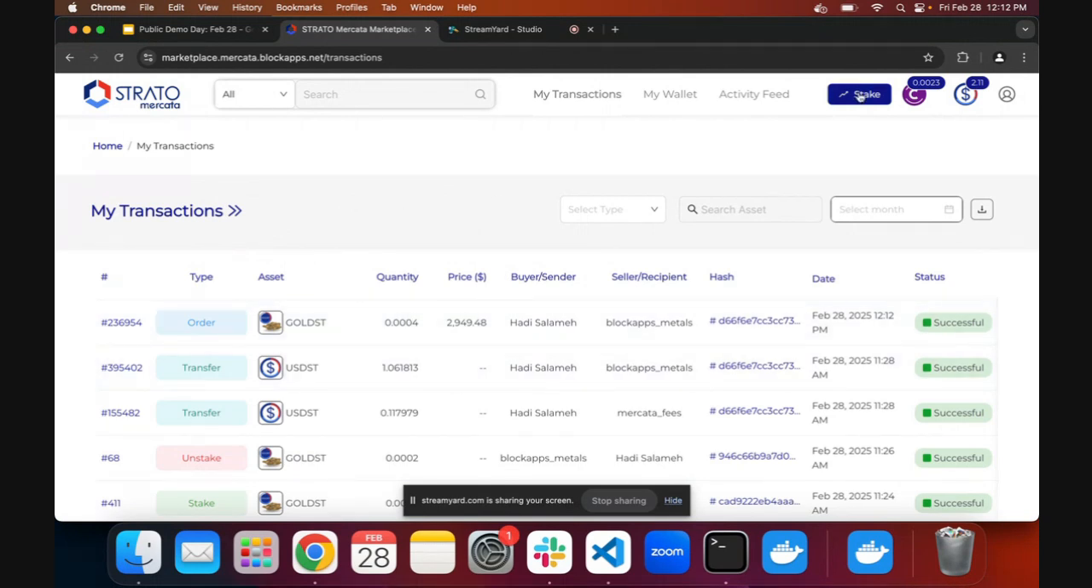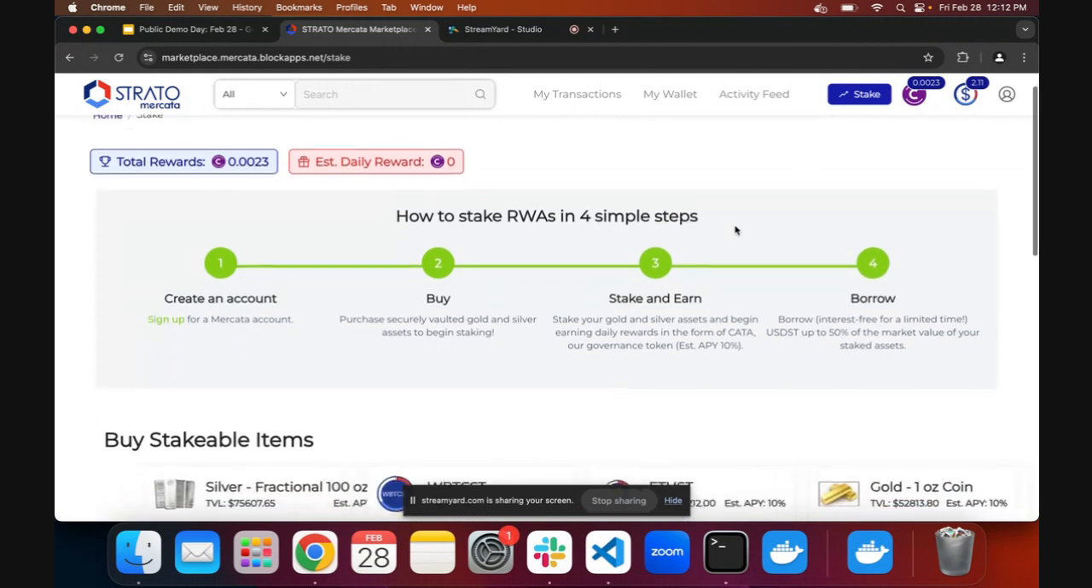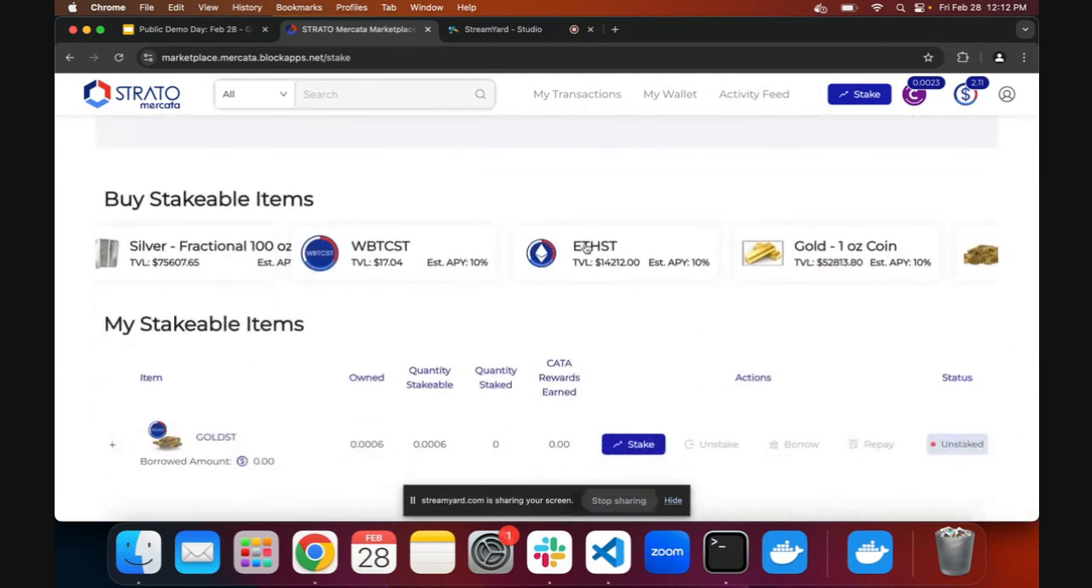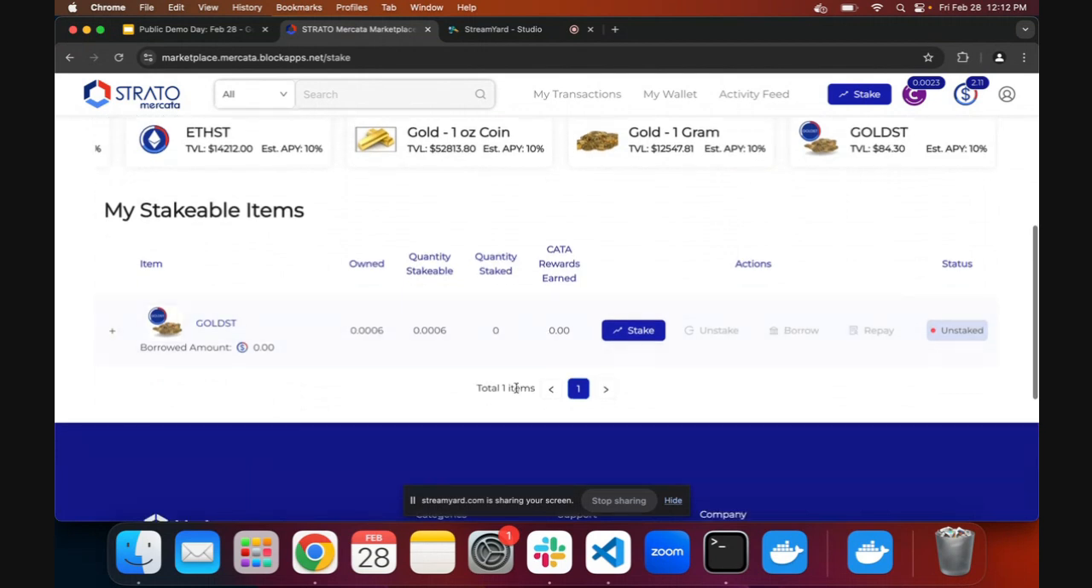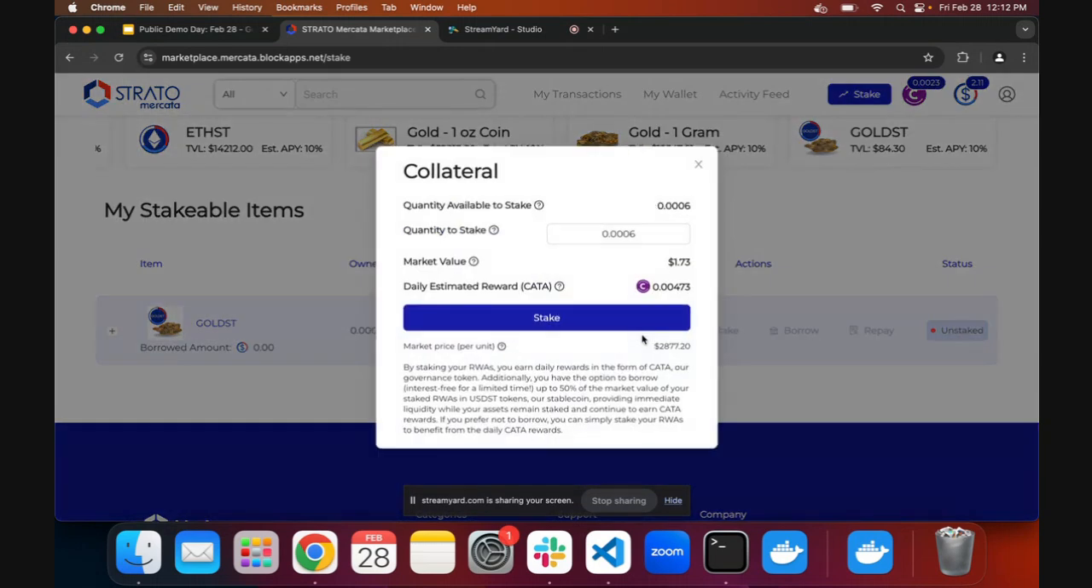And now we can head over to the staking page, in which we have different stakeable items which you can purchase, including the GOLDST, and then this is the GOLDST that I have. So I already had a bit before, and then I just added a bit more. So now this is how much I have that I can stake, and I can press on the stake button,